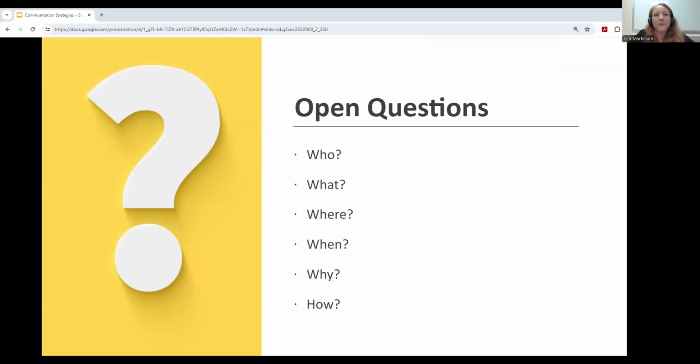Okay, so open-ended questions. We discussed open questions a bit when exploring the STAR module earlier. Open questions get their name because the response is open-ended. The answer has a wide range of options to choose from when answering. So open-ended questions are who, what, where, when, why, how. Open questions are like going fishing with a net. You never know what you're going to get. Open questions are great conversation starters. They're fact finders and communication enhancers, right? And a lot of people use them whenever possible to get information.